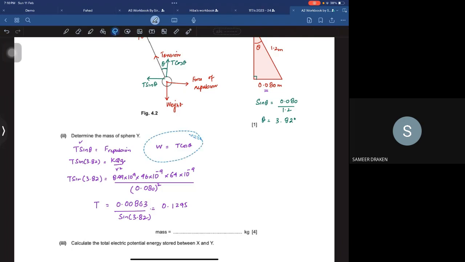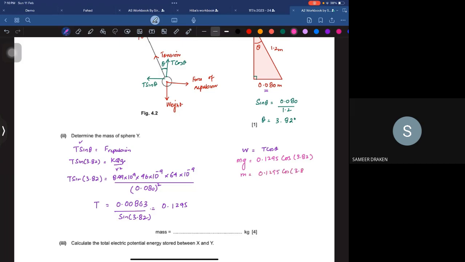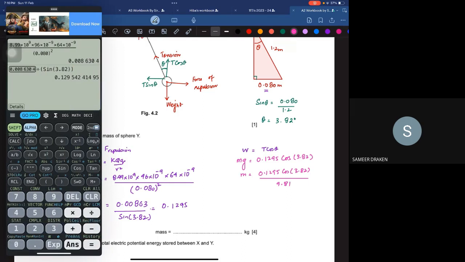So now that we have tension, let's solve it with a different color. W is equal to mg. This will be 0.1295 cosine of 3.82. And to find the mass, we need to divide the whole thing by 9.81. Let's do this. This answer multiplied by cosine of 3.82 divided by 9.81. So I'm getting a mass of